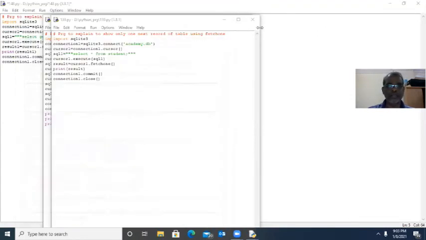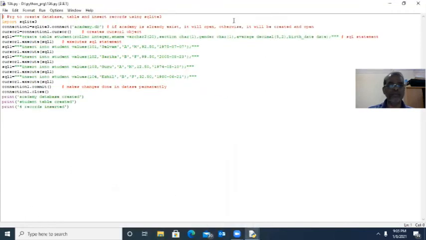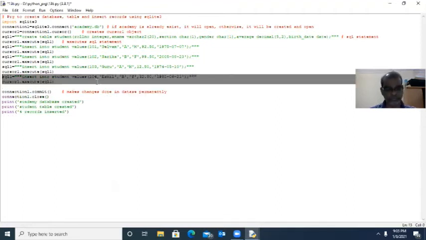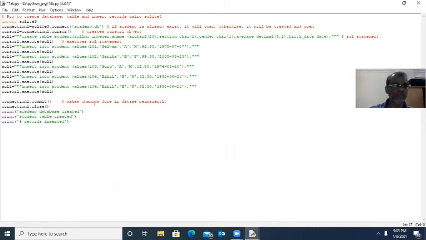Now I can create the table newly. This is create table student, roll number, everything same. You know very well, 4 records inserted: Selvam, Sariga, Guru, Jedil. Here I want to add one more record. Insert into student values 105, Bhaskar.